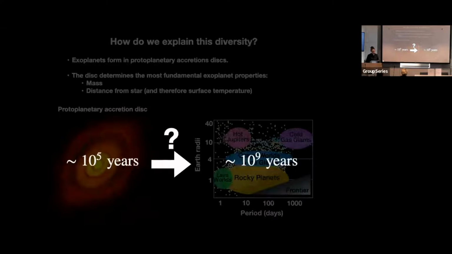Now, we have a timescale problem. Accretion disks, when we see them, are generally young, about 1 million years old, maybe even younger. In our classical planet formation paradigm, it takes many, many years, millions of years, to form giant planets. We can't observe on these timescales, right? Something interesting happens here, about 10 to the 5 years, and then about 1 billion years later, you have a fully formed solar system like our own. What happens in the middle?